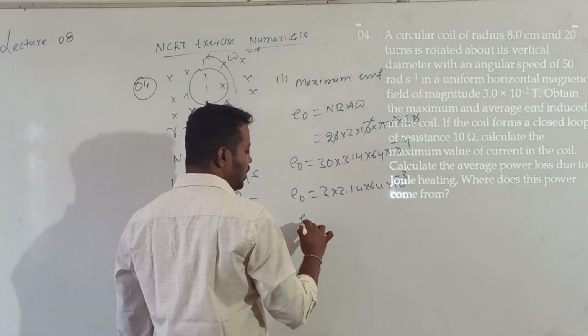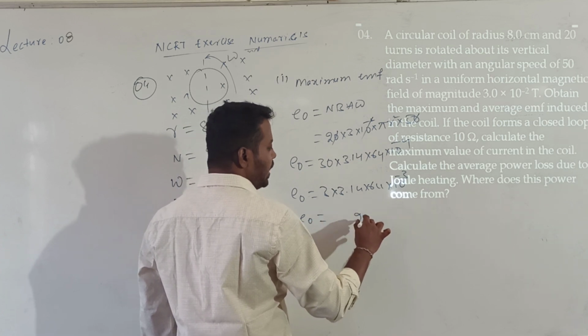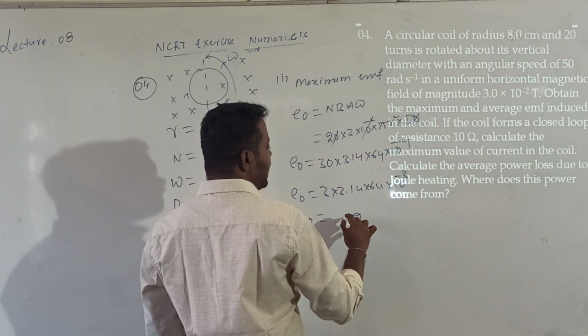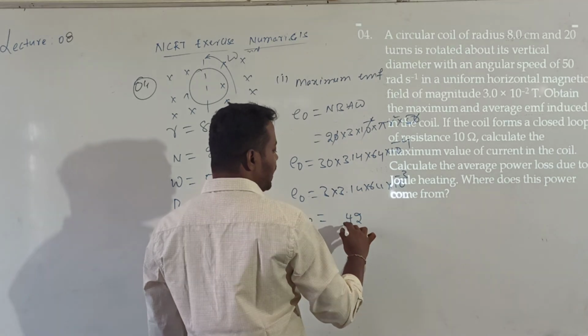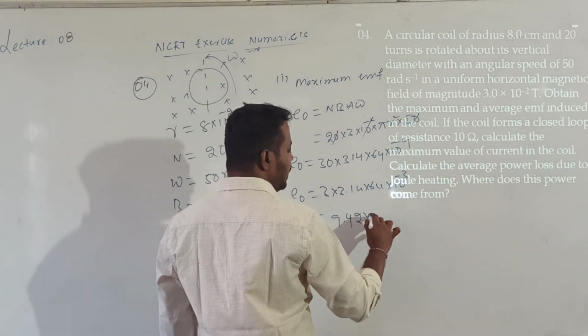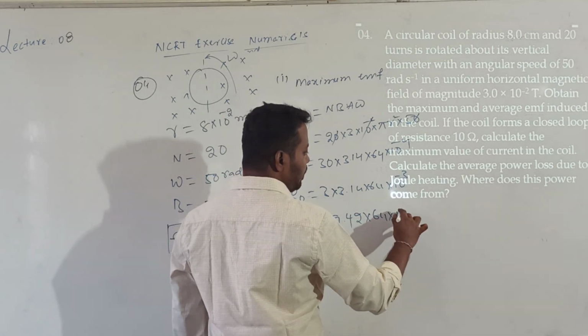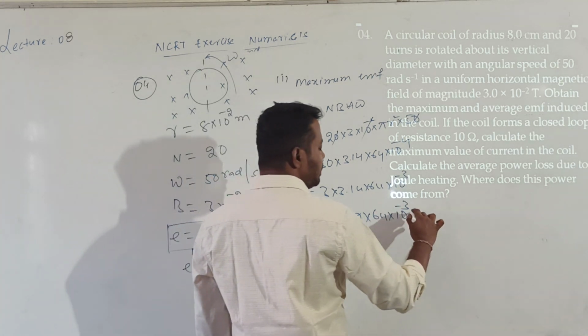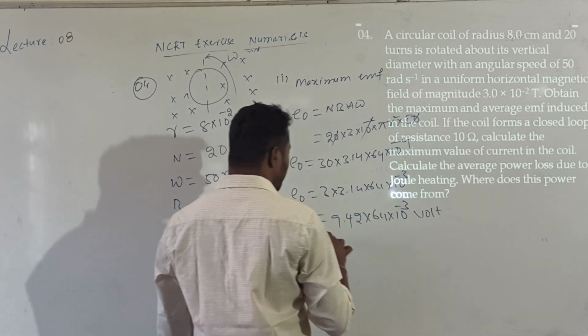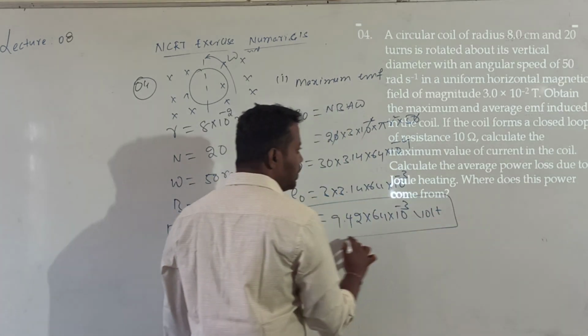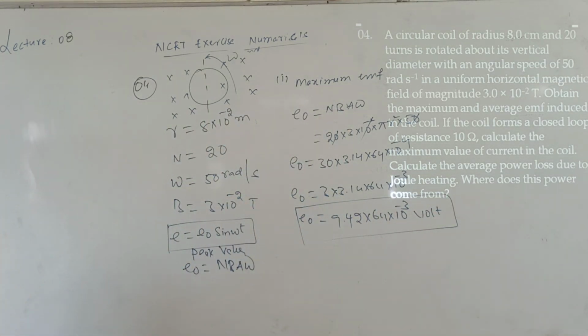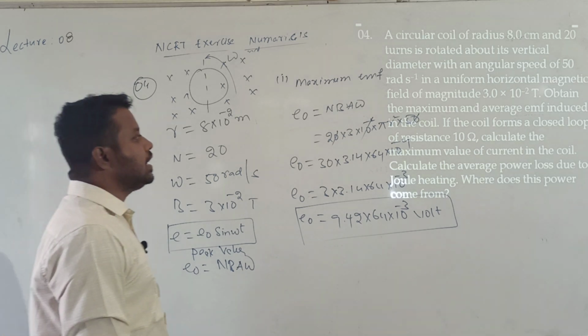You can multiply this E naught value, which is 12 here. So 3 ones are 3, so 3 4s I will get 9.48 into 64 into 10 power minus 3. So you multiply this, you will get the answer for the peak maximum value of EMF. After completing the maximum value, they are asking us to calculate